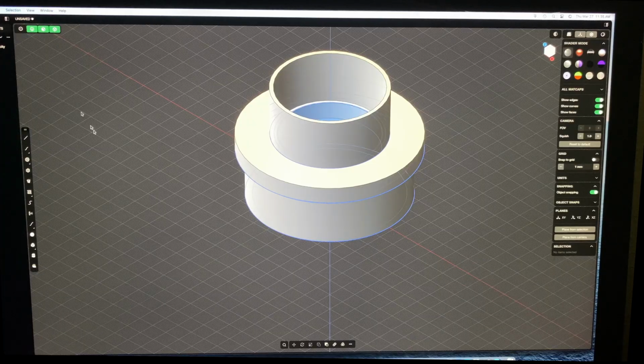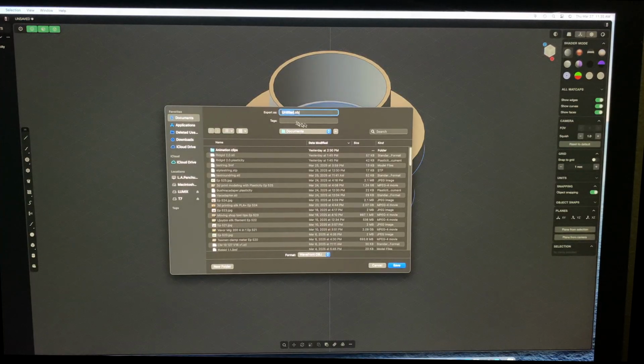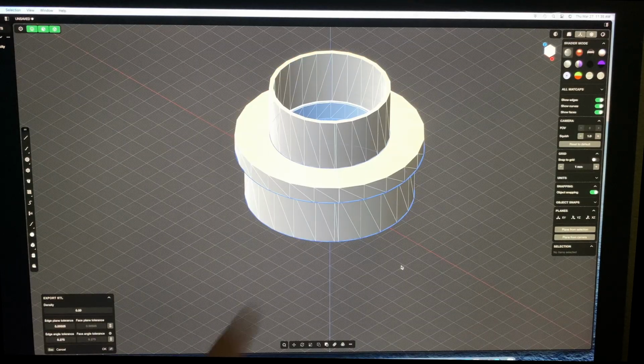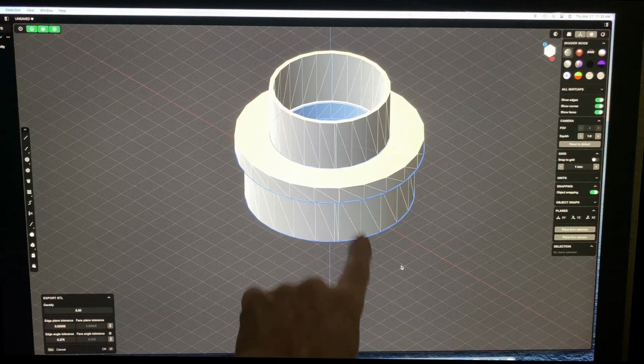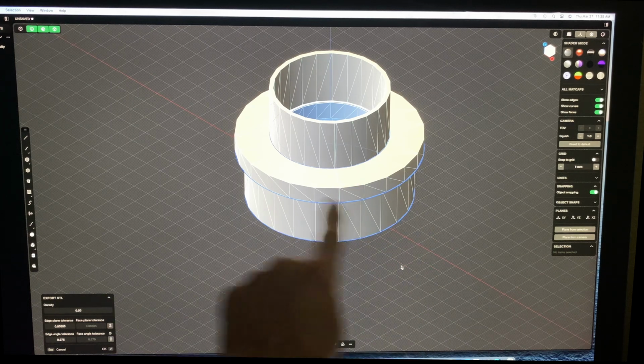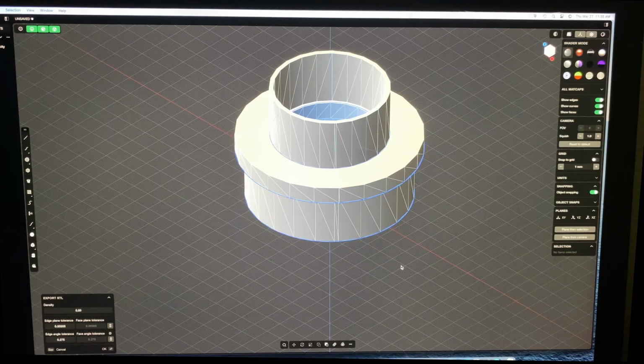But as soon as I go to export it, and we're going to say OBJ, no, let's do STL, because this is going to be really obvious what's going on. And you see all these little triangles right here, and that is where all that flat spotting is coming from. So now if you go down here to that left bottom corner, you'll see the word density, and you'll see it's 0.50. So what you want to do is